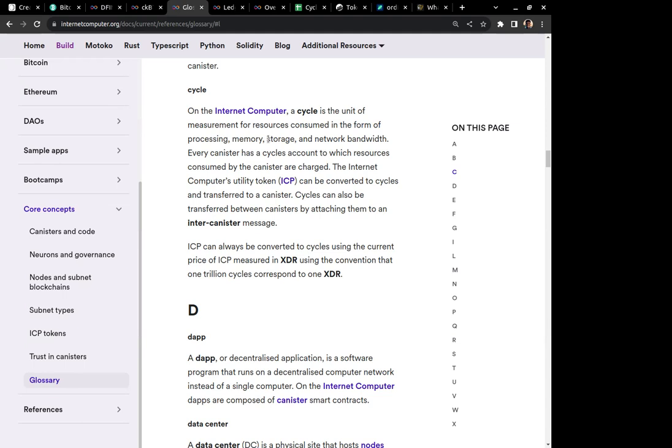As you can see, ICP token can be converted to cycles. That's what we used to pay, for example, us developers pay when we're linking our canisters to NNS. But to learn more about cycles,